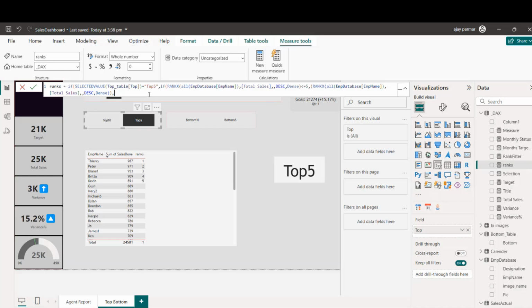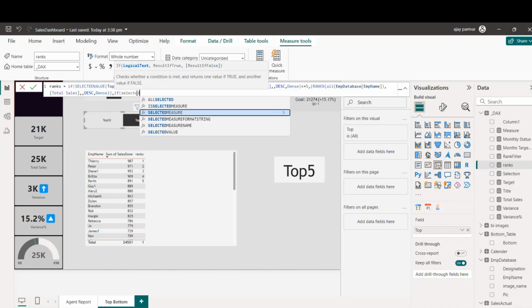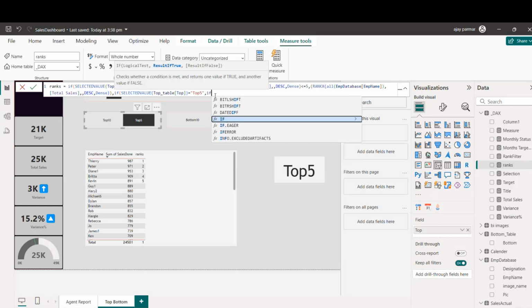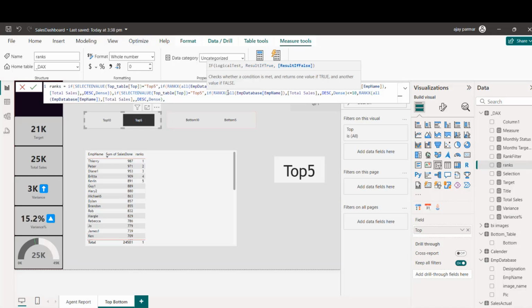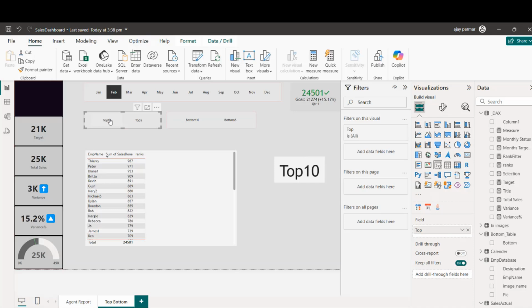So now the next thing that I want is, if it is top 5, then this. And if the selected value of top N table is equal to top 5, and if the rank is less than or equal to 10, then I want the rank, otherwise I want the blank. Okay, so how is this working? Top 10, top 5. No,